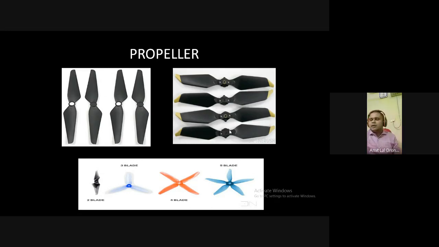But there are different propellers that you see, they have a hole in between. So they go upon the stator and then you screw it up on the top. There are different configurations, for example, 2 blade, 3 blade, 4 blade, 5 blade. And then comes 6 blade, 7 blade, 8 blade, even up to 12 blade, Dodeca that we say. So 12 blade propellers are there, but generally we see 2 blade, 3 blade, and 4 blade. 5 blade is also an exception.